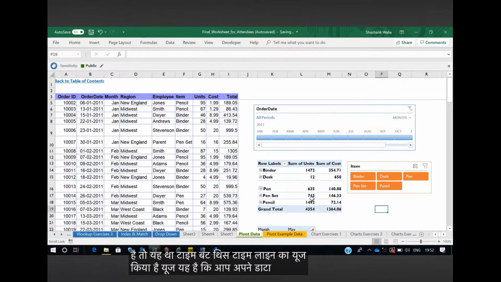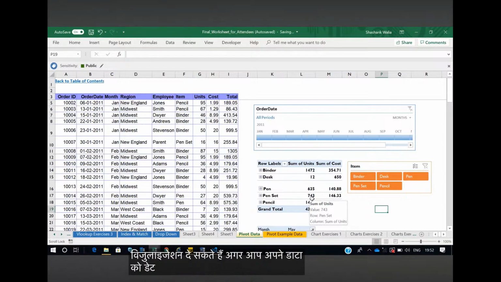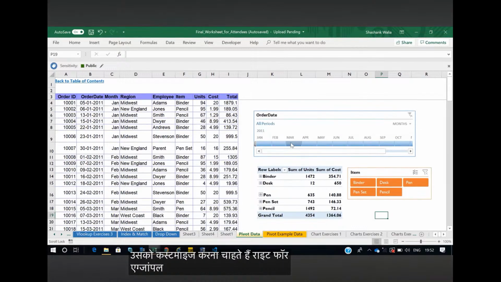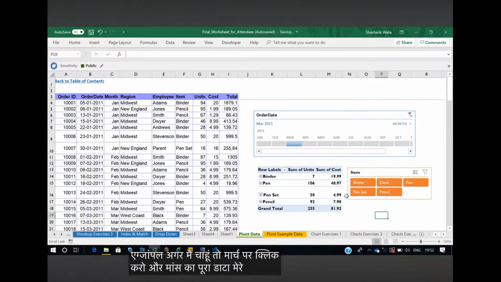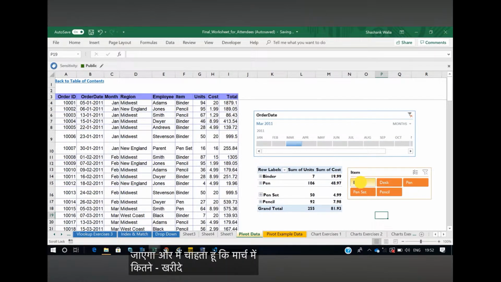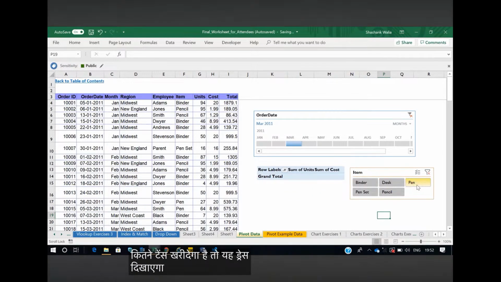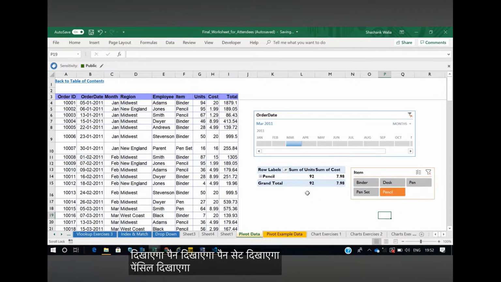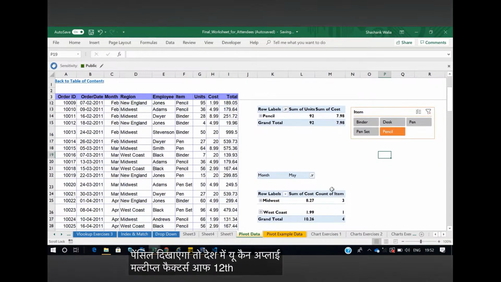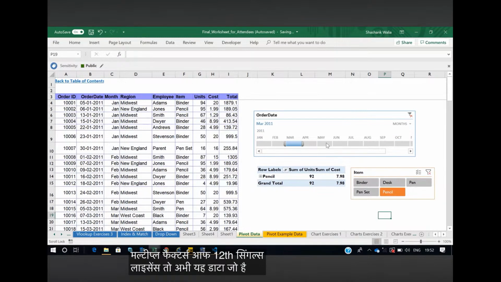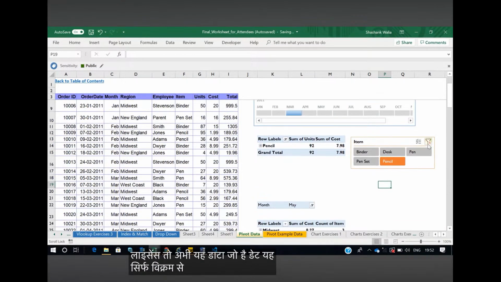बट इस टाइमलाइन का यूज़ क्या है? यूज़ ये है कि आप अपने डेटा को और विजुअलाइजेशन दे सकते हैं अगर आप अपने डेटा को डेट वाइज या मंथ वाइज या ईयर वाइज कस्टमाइज़ करना चाहते हैं, राइट। फॉर एग्जांपल अगर मैं मार्च पे क्लिक करूँ तो मार्च का पूरा डेटा मेरे पास आ जाएगा, और मैं चाहता हूँ कि मार्च में कितने बाइंडर्स खरीदे गए थे तो बाइंडर का डेटा आ जाएगा यहाँ पे। और अगर मैं चाहूँ मार्च में कितने डेस्क खरीदे गए थे तो ये डेस्क दिखाएगा, पेन दिखाएगा, पेन सेट दिखाएगा, पेंसिल दिखाएगा। तो दिस वे यू कैन अप्लाई मल्टीपल फिल्टर्स, राइट, विद सिंगल स्लाइसर।